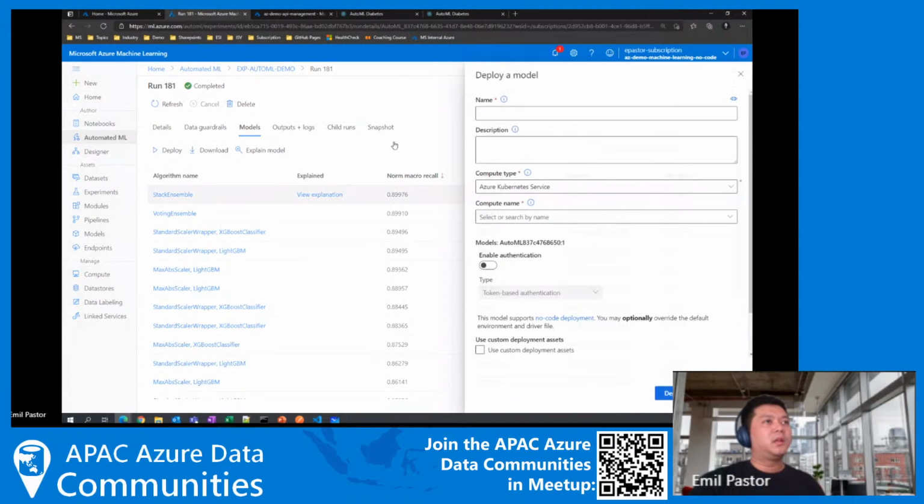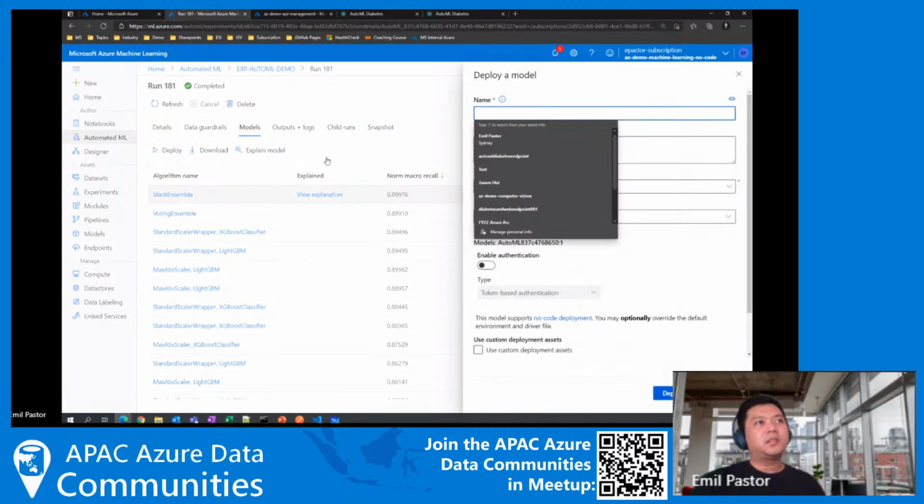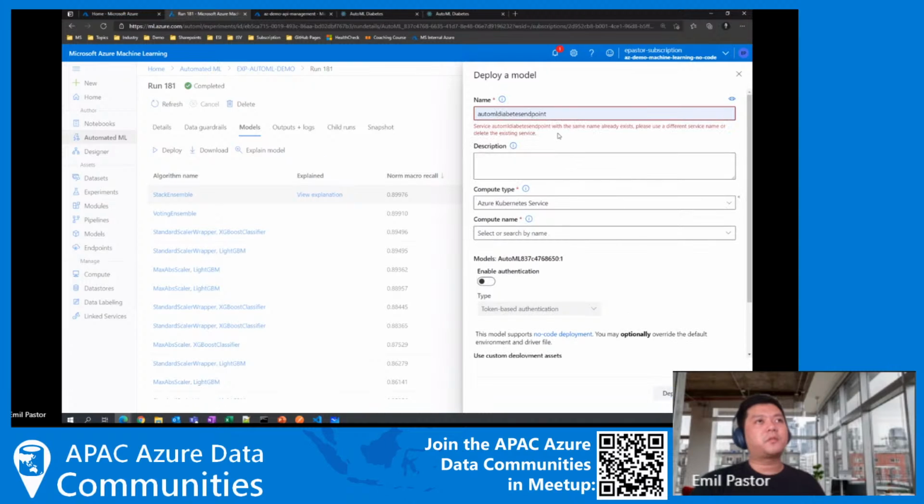When we press deploy, we just need to give it a name, AutoML diabetes endpoint. Let's say this, I've already pre-created it. That's why it's saying that it already exists. Then the compute type, whether you want to deploy it in a Kubernetes cluster or a container instance. In the example that I'll be showing, I just deployed it in a container instance since it's a very small